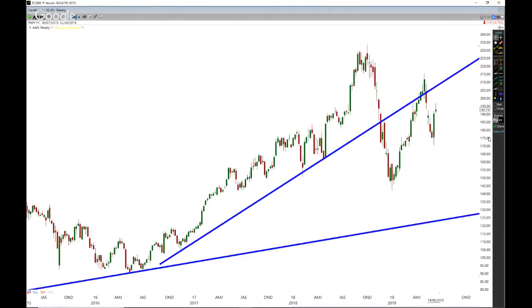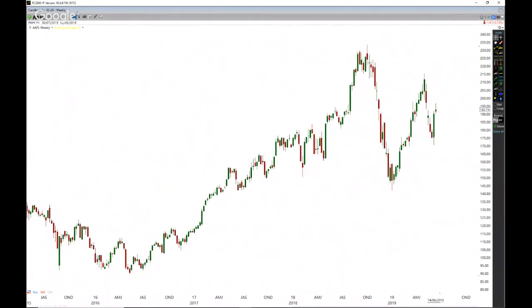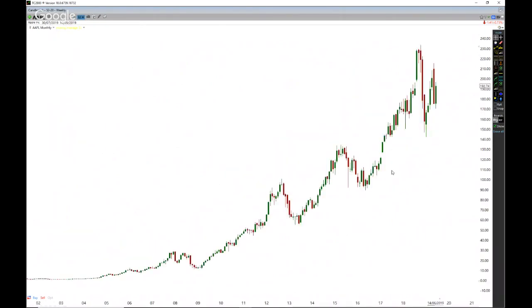All right, let's have a look at Apple, and let's just do the same thing through Apple and go have a look at these monthly charts. Monthly chart, once again, guys, we're looking at these monthly charts because stocks have a memory, and it's really fascinating how this works. So if I connect from this low point, and I'm just going to draw that up through there.